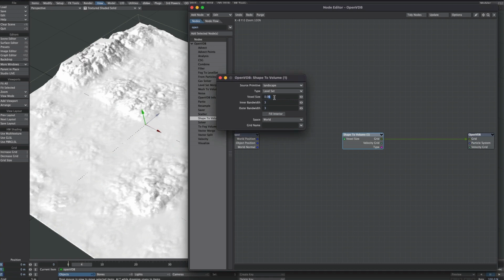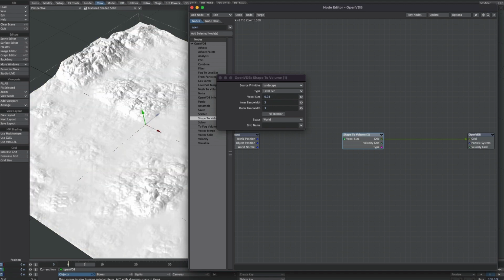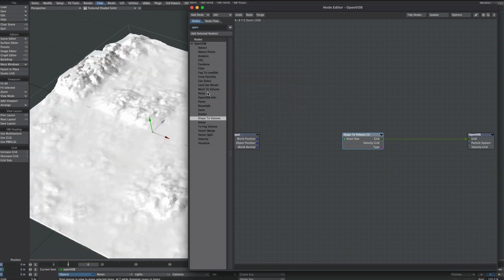Obviously, the smaller the number, the more voxels, the longer it's going to take. So if we go down to there, give the timeline a nudge, you can see it's thinking about it. We get a much more detailed OpenVDB at the expense of time. Now I'm going to go back to 0.1 just for this demo, just to keep things ticking along. What we could also think about doing is getting a filter,